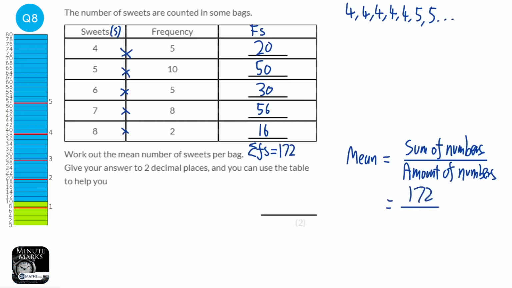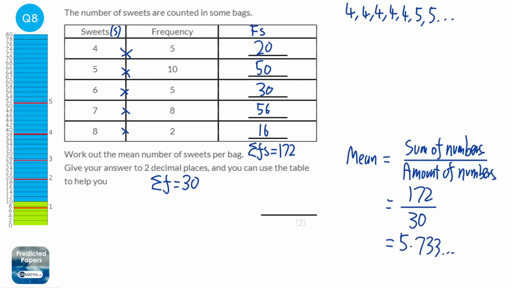Now the second part is to work out how many numbers there are. Well, there are 5 numbers in the first column, 10 in the second column, 5 in the next row I should say, 8 in the next row, and then 2 in the next row. So to work out how many there are in total, we just add those up, and we call that the sum of F column. And we do 5 plus 10 plus 5 plus 8 plus 2, add those together, which is 30. So all we need to do to work out the mean is 172 divided by 30, which is going to be